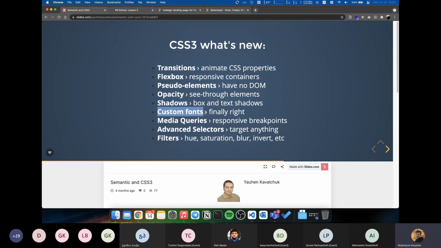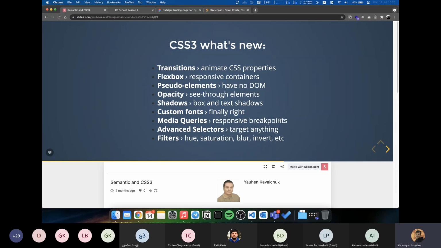Here our shadow and the element looks more beautiful with the help of the shadows. Also, custom fonts were introduced. I think we will not have time to learn about the fonts. There are some font types that you can import straight into your CSS files, like WOFF and TTF. It means TrueType fonts, Web Open Fonts like this. You can import the web fonts from Google Fonts, and you can use all of these fonts on your web page, and also make the beautiful design